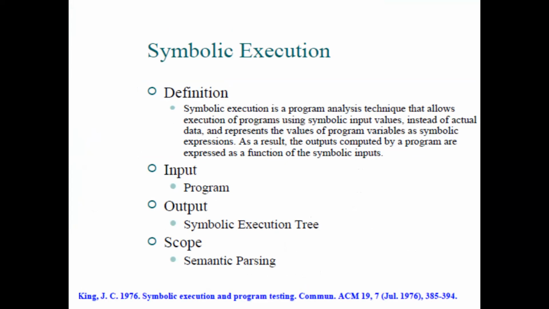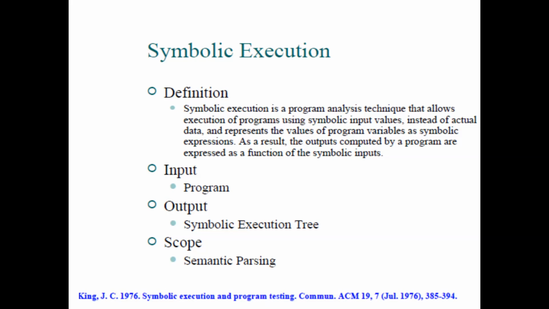We'll take all these possible symbolic input values instead of actual data, and represent the values of program variables as symbolic expressions. Based on the symbolic values and expressions in our program, we'll try all the possible combinations so that we can identify which combinations produce the error.